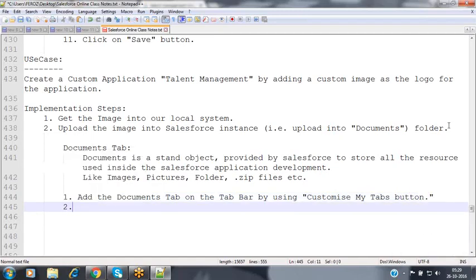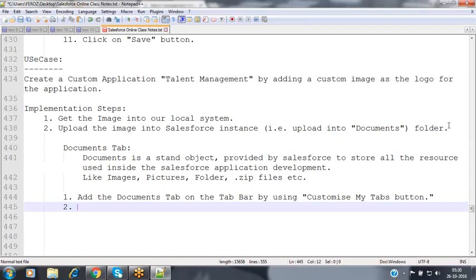By using that button, we can add the tab onto the tab bar, like accounts, contacts, opportunities. We are adding the documents tab also. Inside that we can place some images. Document is an object where we can store all our resources, like images, pictures, everything.